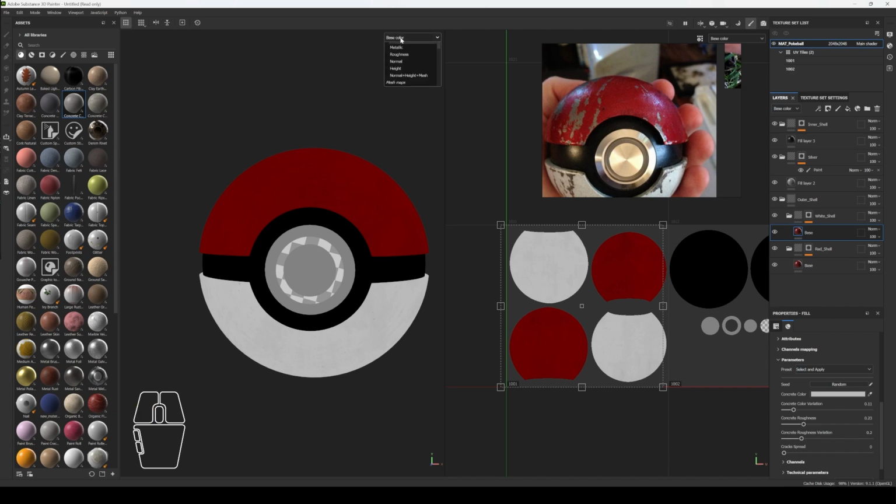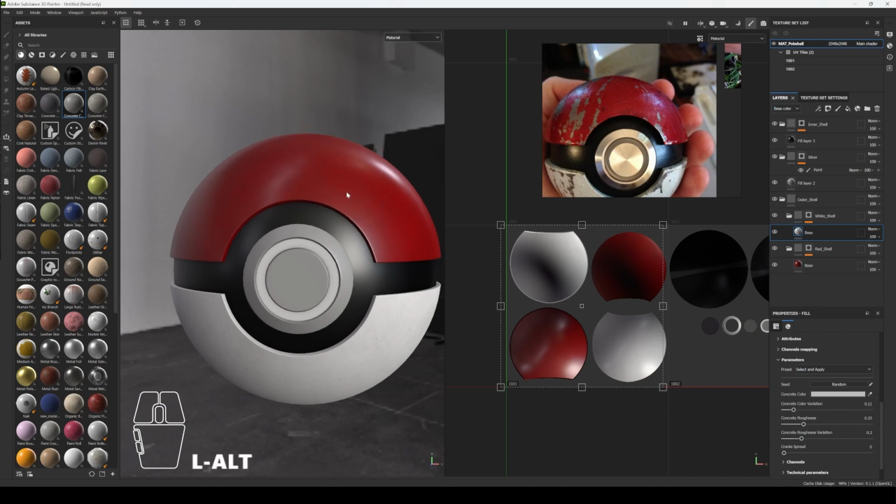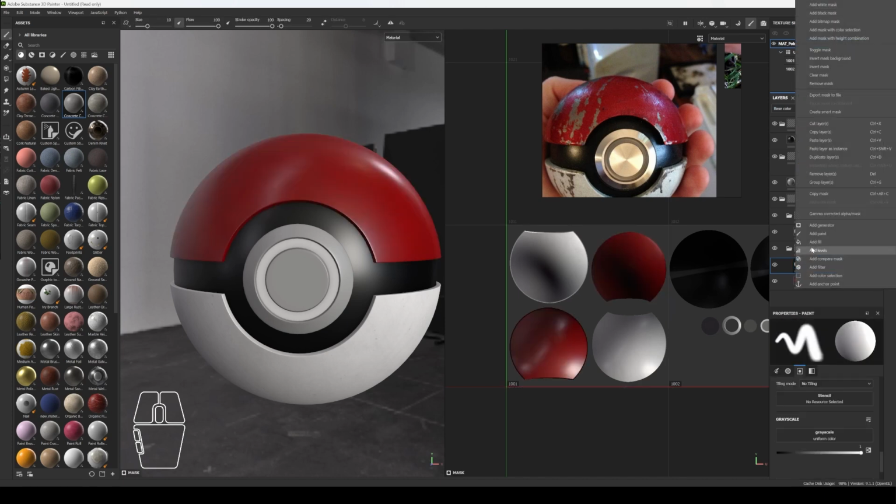So the next thing I might want to add is some grunge or some grime, especially because I'm picturing that this Pokeball has probably been thrown around a lot, and whenever it hits a surface or it hits the ground, it's going to leave marks and it's going to leave some kind of discoloration on the Pokeball itself. And to achieve this, I'm going to use what in my opinion is the holy grail of texturing in Substance Painter, which is using a fill layer, attaching a black mask to it, and attaching a fill layer to that